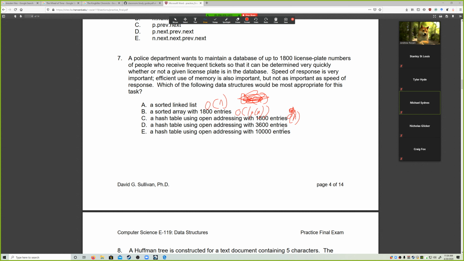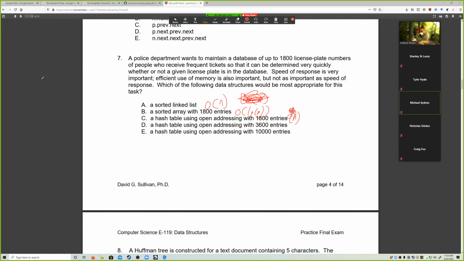space, right? There was a formula in the slides that Knuth came up with. Now with a hash table with open addressing and 3,600 entries, that's 50% full at most. So that's actually a really good runtime because we're looking at an average of, if we use the formula,